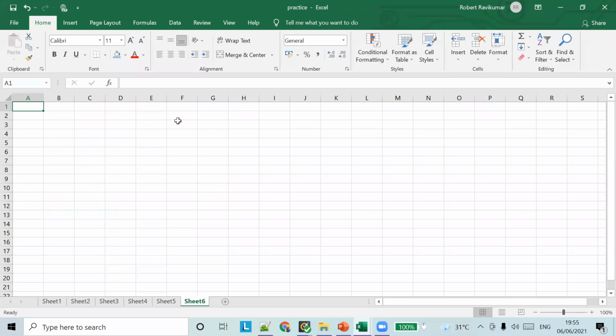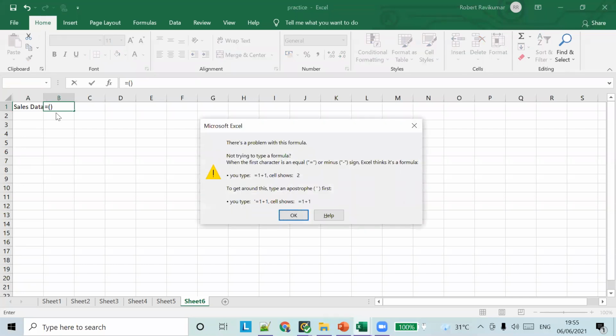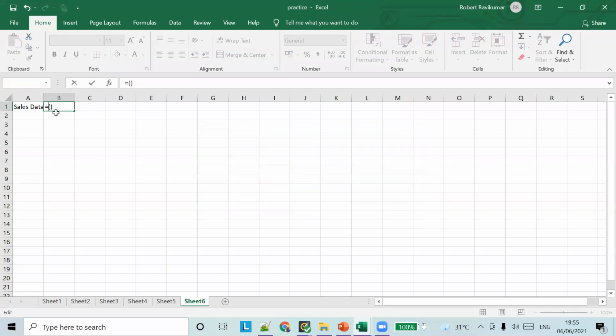So what I'm going to do first, with sales data, is substitute sales with cost. Substitute. The text is here, A1.